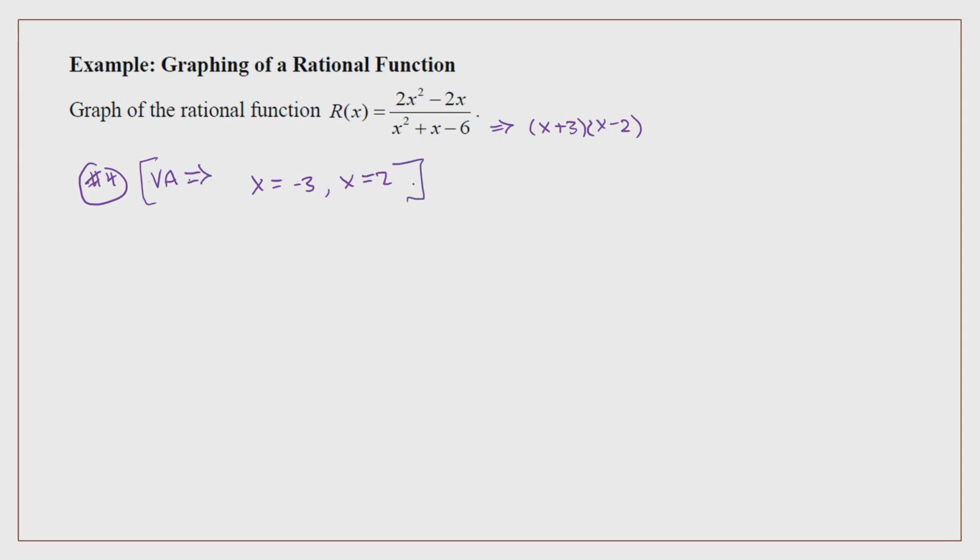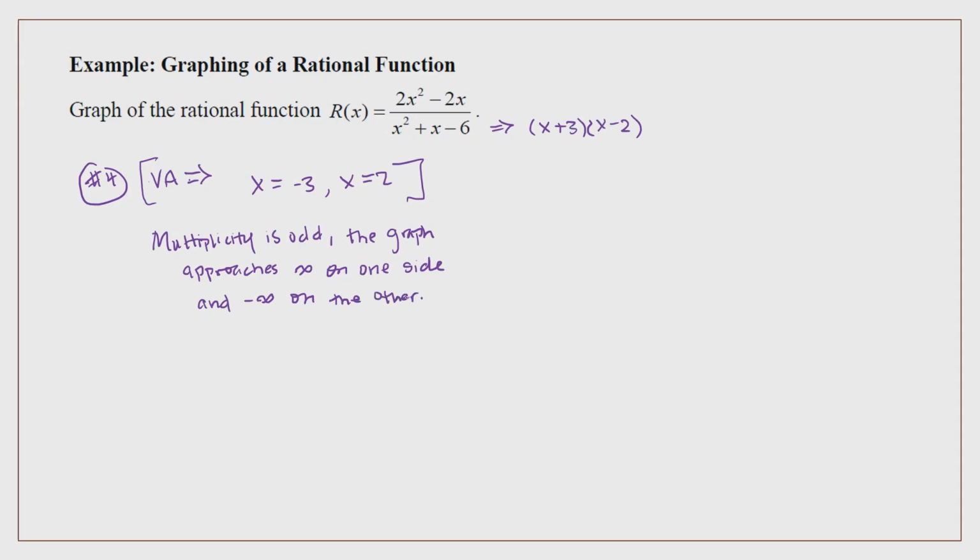Okay. Now, since the multiplicity is odd, the graph approaches infinity on one side and negative infinity on the other. Okay,